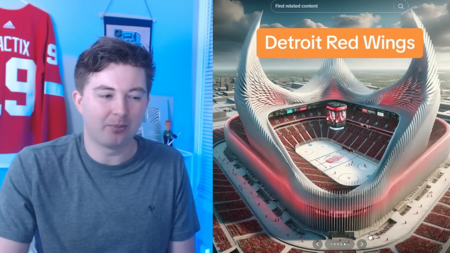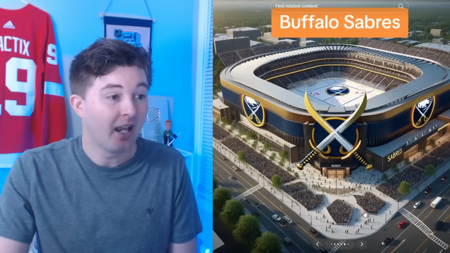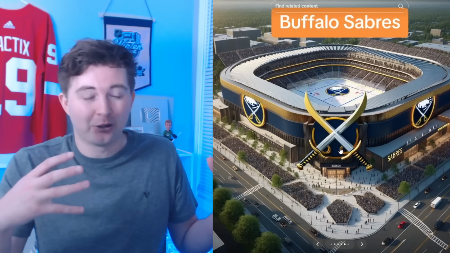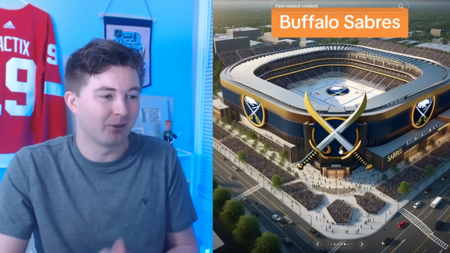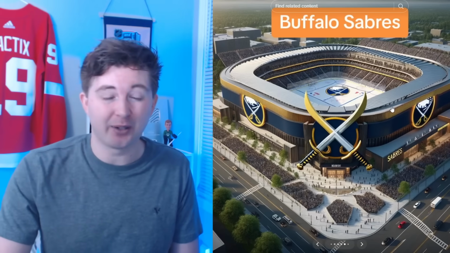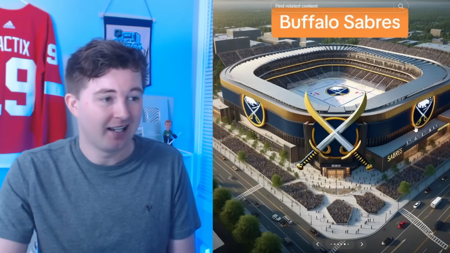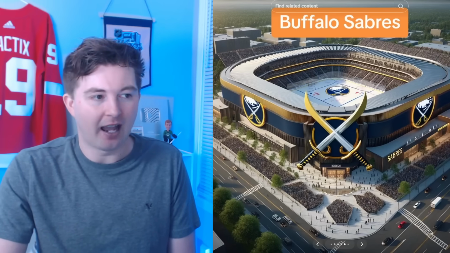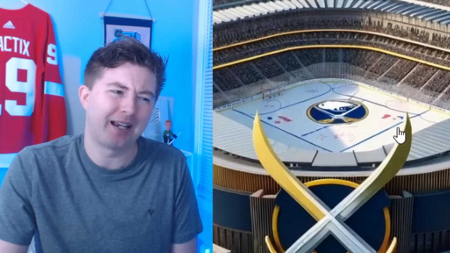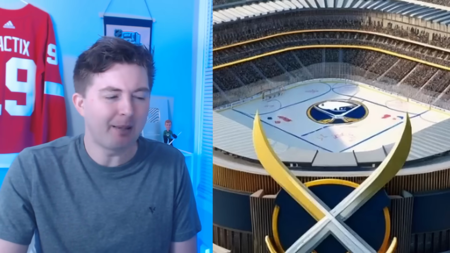Not the worst one yet, but definitely not one of the better ones, unfortunately. Buffalo Sabres here. I mean, this one you could do. Just a giant alternate logo there at the front, the crisscross swords. You walk in below that. Apart from that, it's not really that crazy of an arena, kind of like the Columbus Blue Jackets. I think definitely doable. I think all of these are just massive. And also, it looks like this arena is actually a baseball diamond with ice, so maybe they're playing a different